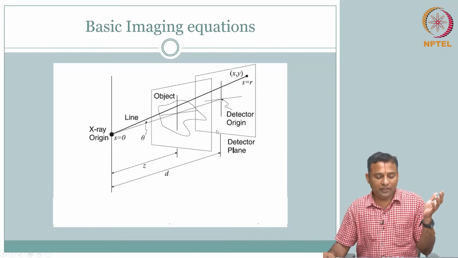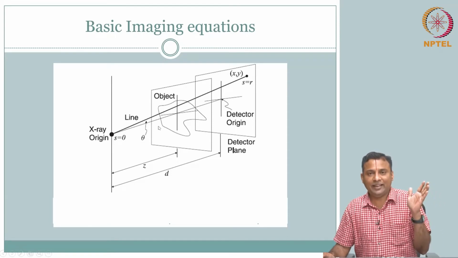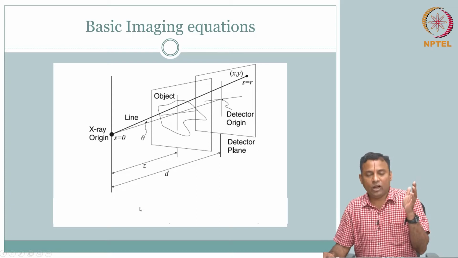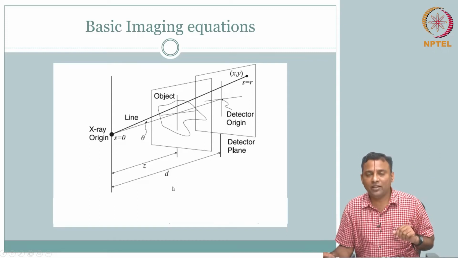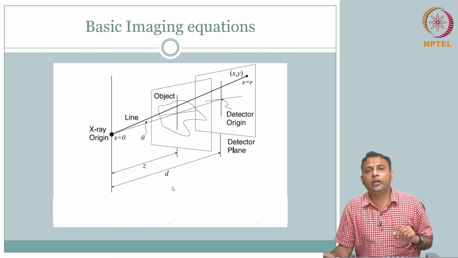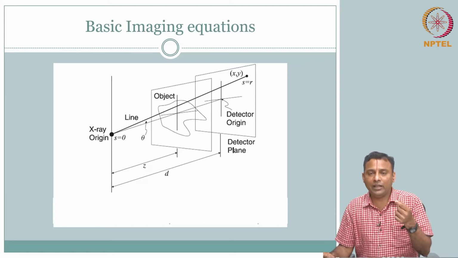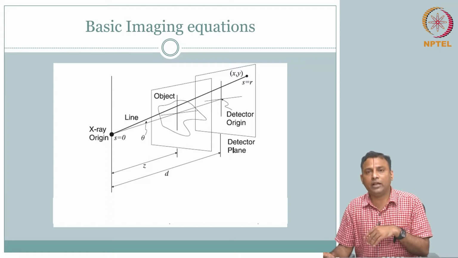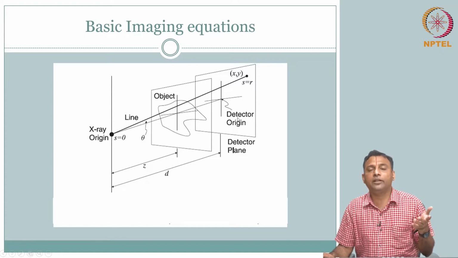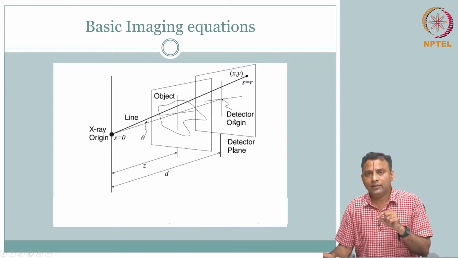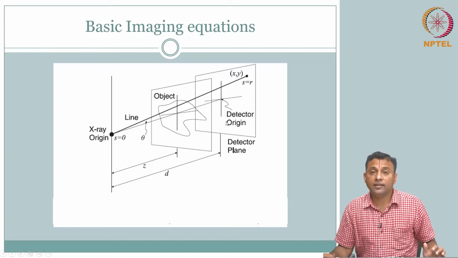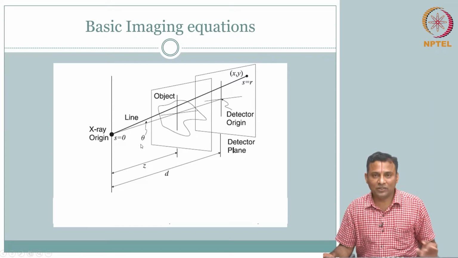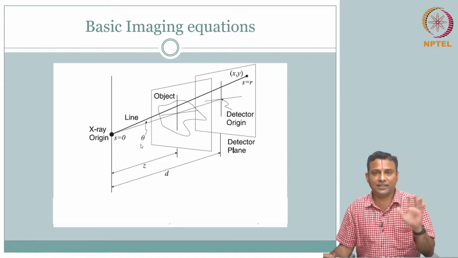So that means your image is formed if I give, from a source, n photons on the input side, what is going to come out of the object? It is going to be an attenuated version. How much is it going to be attenuated? It is attenuated by the photon law, e power minus mu delta x, depending on the material property and the thickness. That is what is going to come out. And we already talked about the instrumentation: if that falls on the detector, there is a film conversion and the photograph is developed. So we know that. So what is new in imaging here?